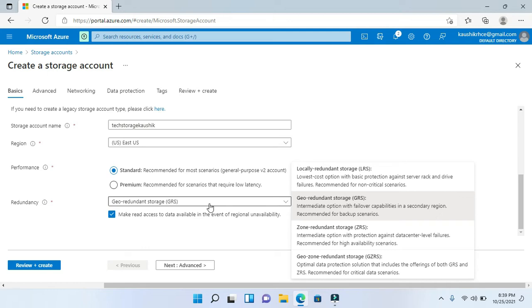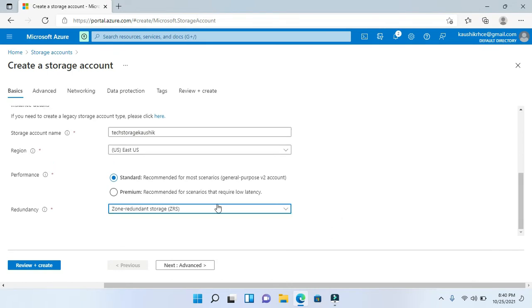Redundancy means replication if you want it: GRS, LRS, ZRS. Choose whatever suits your industry and requirements. I am selecting zone redundant here, and then the next option is Advanced.